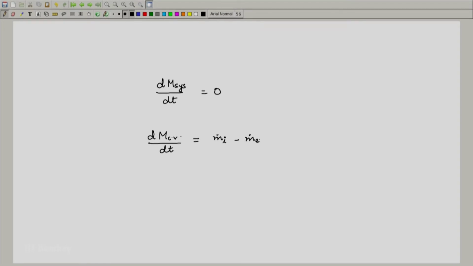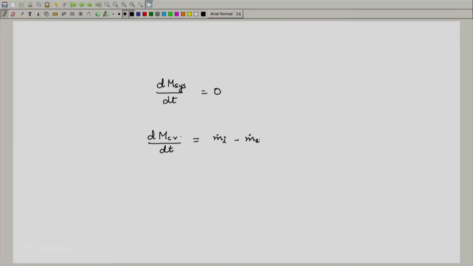So, the rate of mass flowing in and the rate of mass flowing out, they dictate how the mass inside the control volume changes. So, of course, if more mass comes in than what is going out, the mass inside the system will start accumulating and increasing, and if the exit mass flow rate is higher, then the mass inside the system will start diminishing. So, this was regarding the conservation of mass. I will just write down again, this is closed system and this is open system.